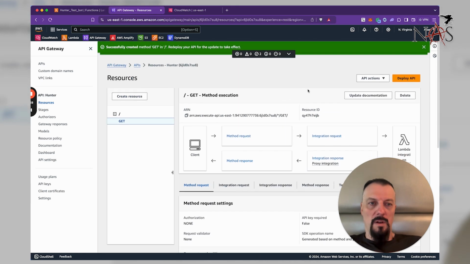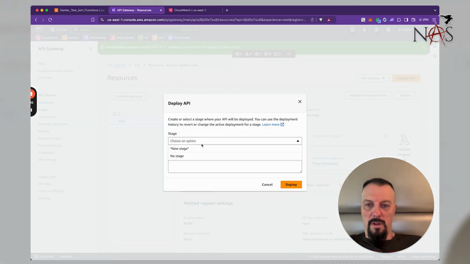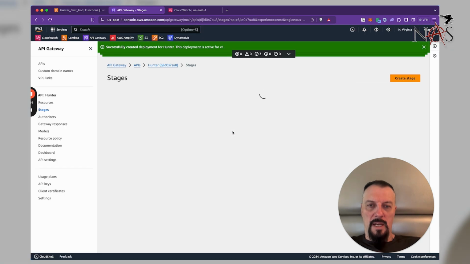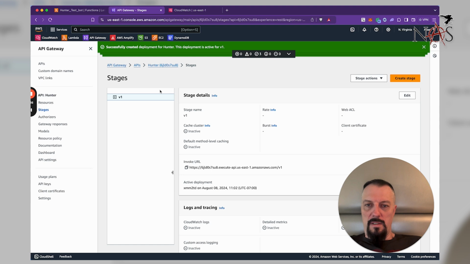Integration. Okay, so now we need to deploy the API. We're going to do a new stage. We'll just call this v1, deploy. There we go. Nice. So now we have that, and here is our invoke URL. So if we call this, this should call our Lambda. And what we're going to do over here